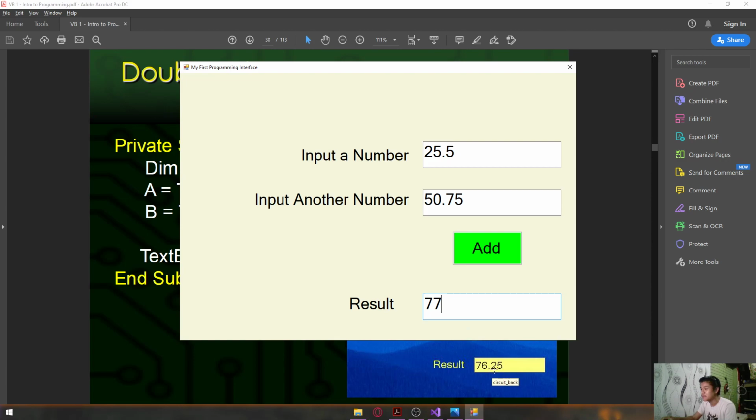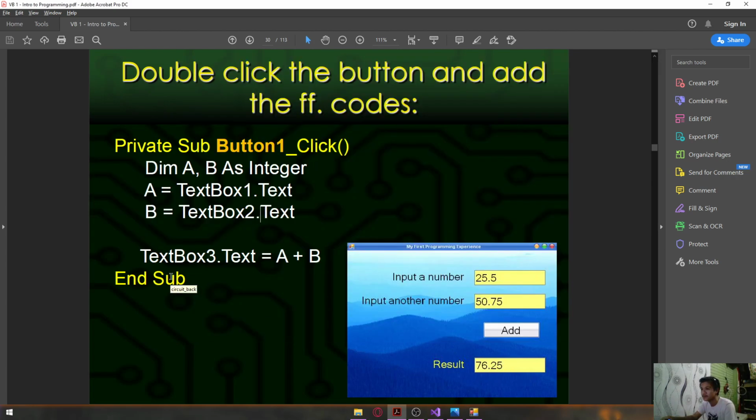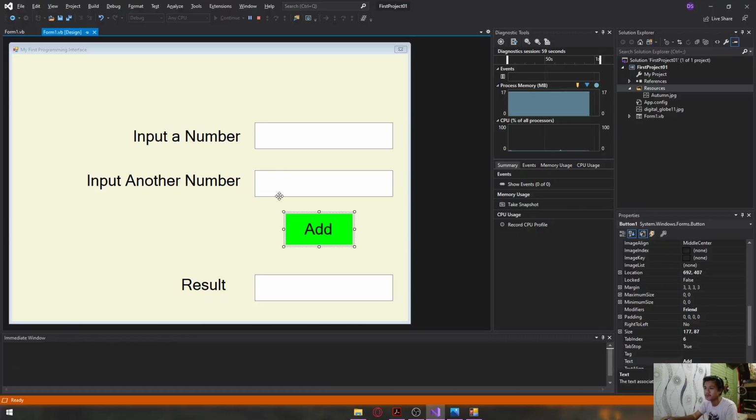So it's not the same as 76.25. As you can see right here, 25.5 plus 50.75 is 76.25. Are we correct? 25.5, 50.75. But it was rounded off, which is not accurate anymore. If you want to get the exact answer, which is 76.25, instead of using integer,